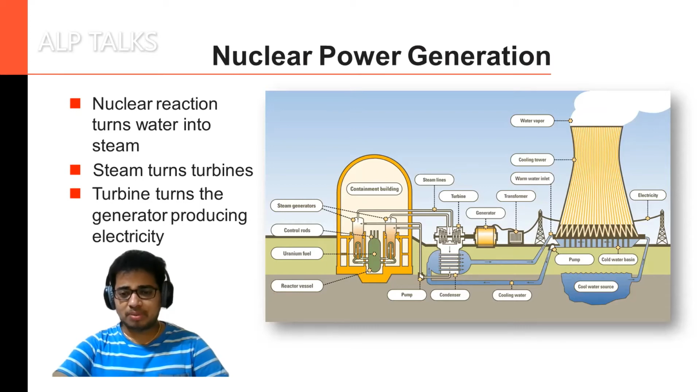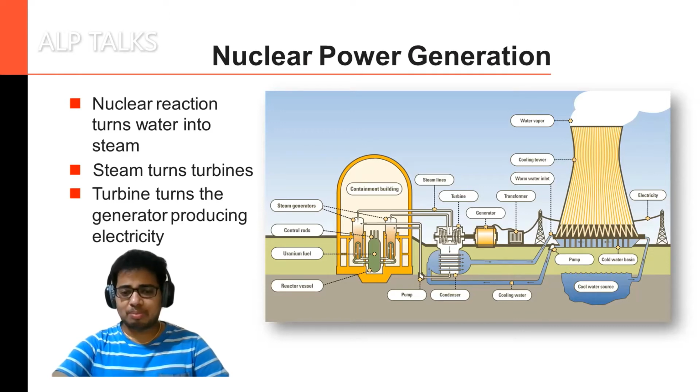In the turbine we have steam lines. We have a pump here for feeding the water, and an entire containment building with a very thick concrete wall. Whatever residue comes from the turbine is sent to the condenser, with cooling water. We have a tower here with water vapor, which is the cooling water tower. Warm water is at the inlet, and cool water and vapors go out.